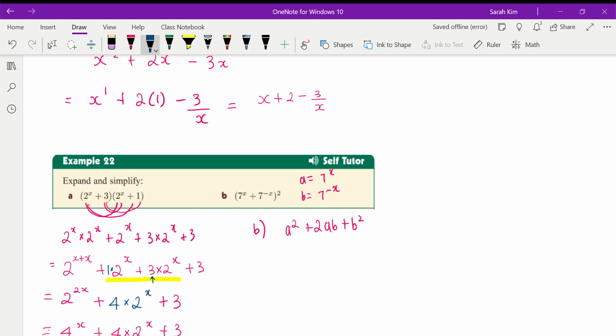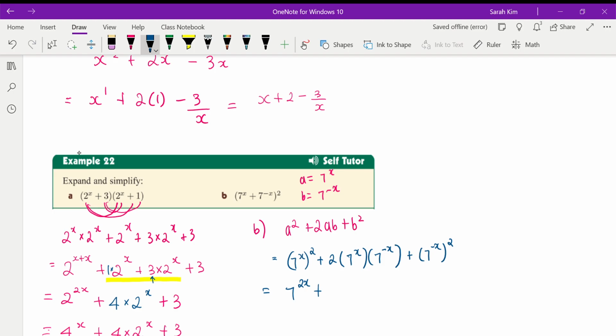So if I put that in there, it should be 7 to the power of x squared plus 2 times 7 to the power of x plus 7 to the power of minus x plus 7 to the minus x to the power of 2. So it's going to look something like this. 7 to the power of x squared is going to be 7 to the power of 2x. And then this is going to be